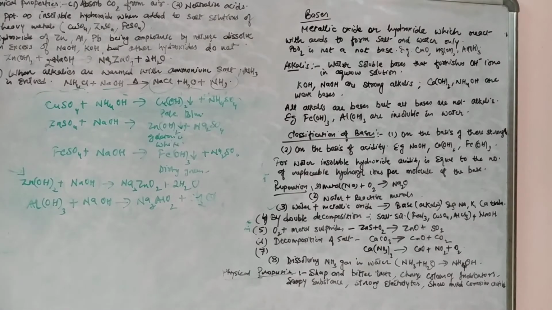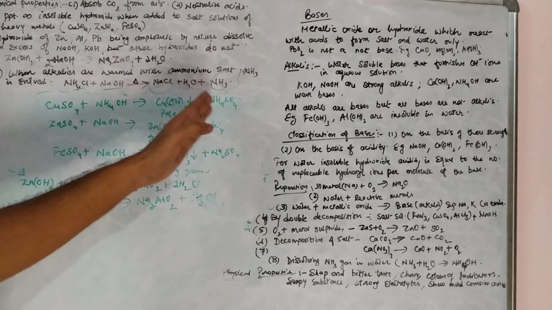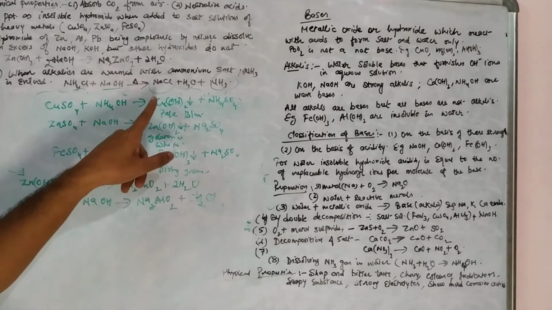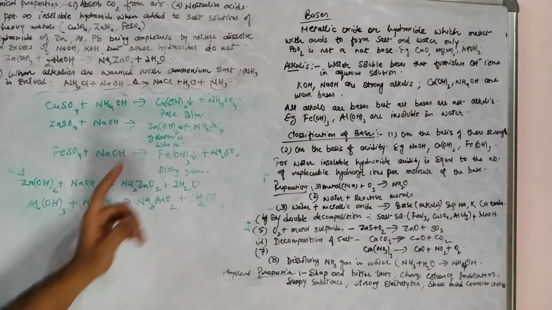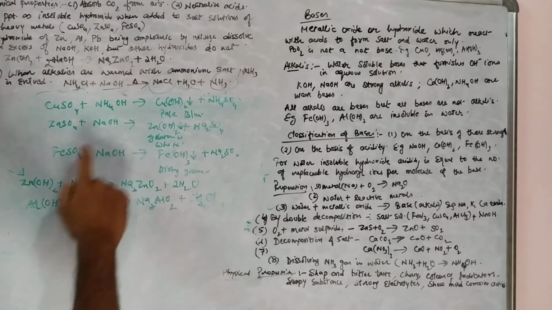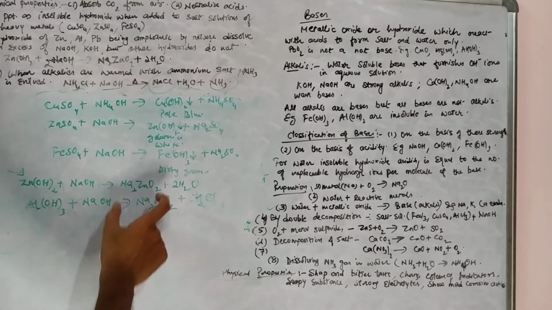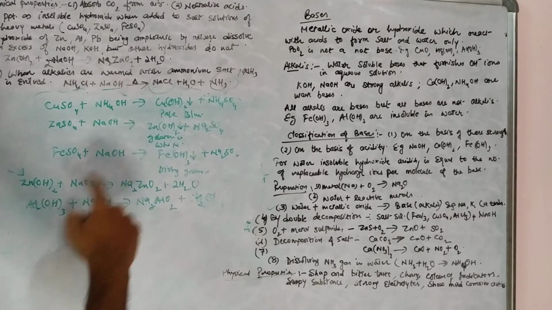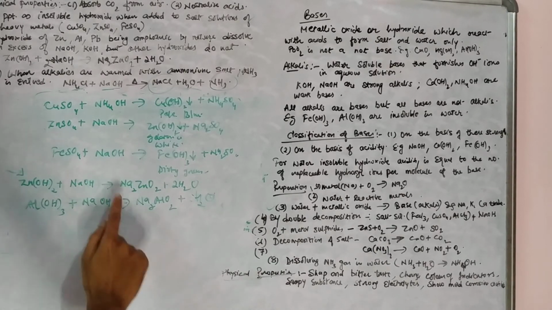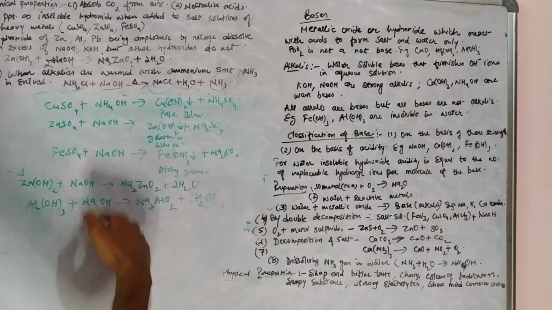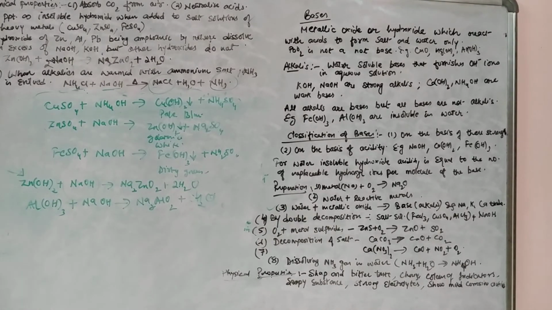This is important. So all these reactions, especially these reactions, are important, and this ammonium salt reacts with sodium hydroxide to release ammonia gas. For all these precipitates, remember the color of the precipitate, and remember that zinc hydroxide and aluminium hydroxide will dissolve in excess of base to give you these soluble salts, sodium zincate and sodium aluminate. It is due to the formation of these salts that these precipitates get dissolved.